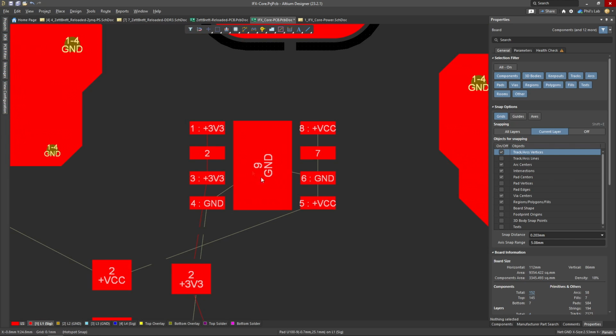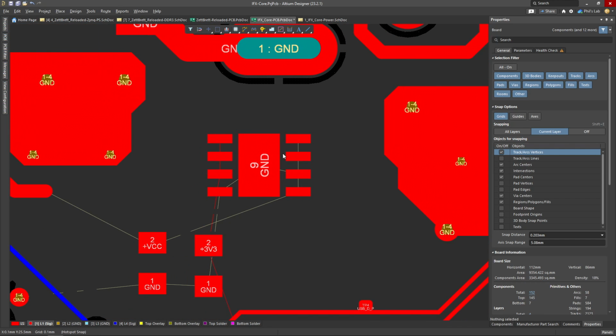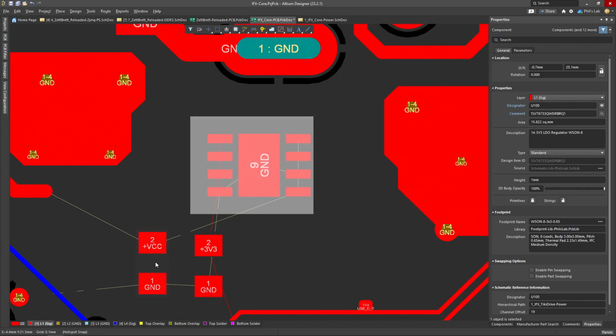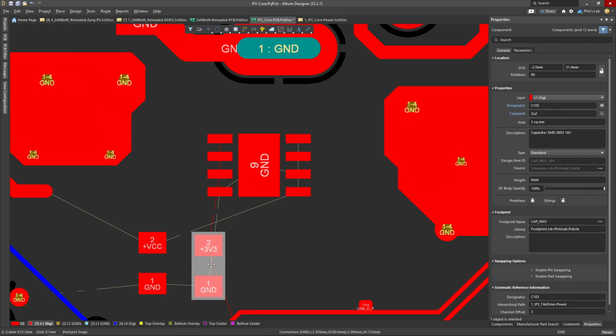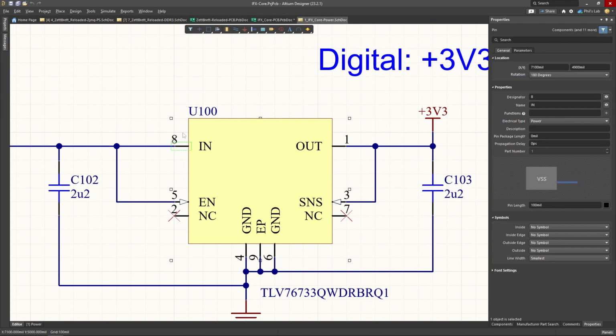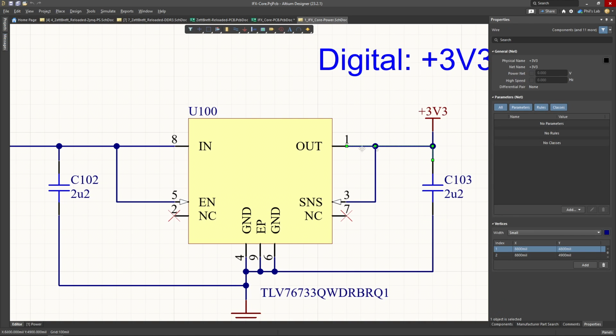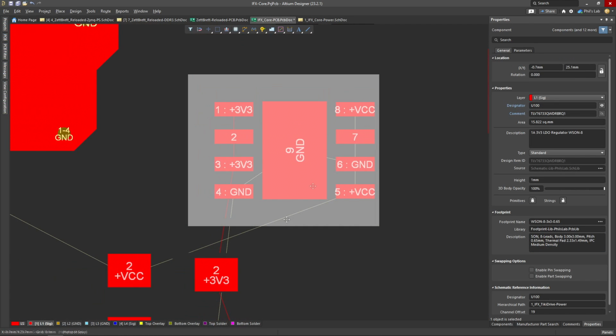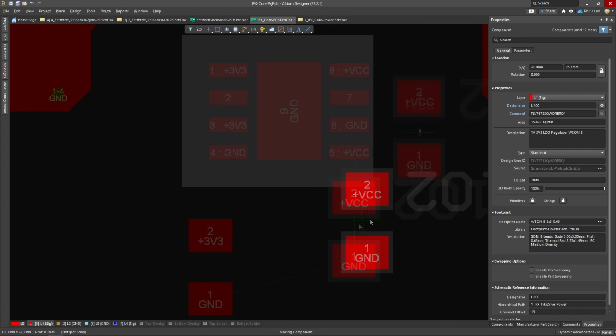As you can imagine, there's actually not too much to this. We have a regulator, U100, our input capacitor, and our output capacitor. As with switching regulators, but less critically so, we want to keep our loop areas small. Loop areas mean, for example, our loop from pin 8, which is our input power, and the ground connections, and another loop will mean our output power connection, so pin 1, and again, our power connections. So pins 8 and 1 are critical, pin 8 being our input, so I have my input capacitor,